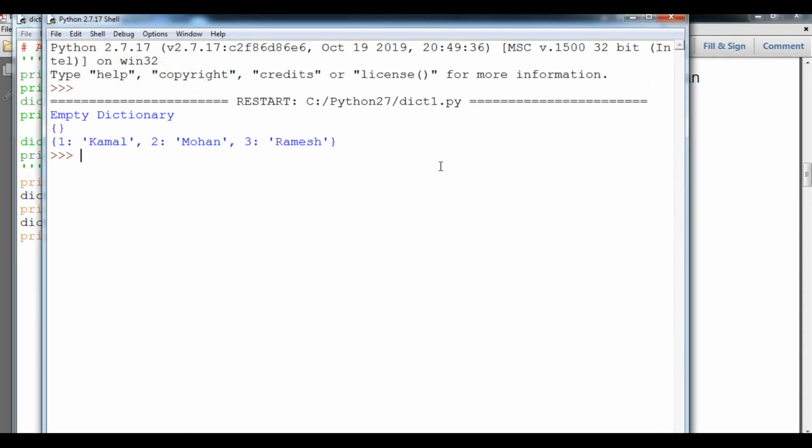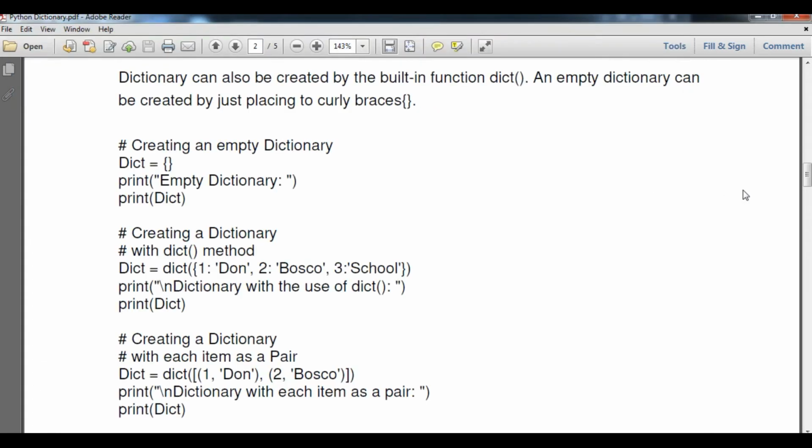Let's see what the output is. You can see a new dictionary has been created with the elements Kamal, Mohan, Ramesh, along with their keys 1, 2, 3. So here we have learned how to create a dictionary with the help of curly braces, I mean an empty dictionary, and the dict function also.